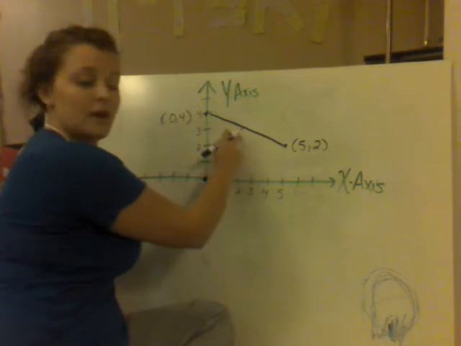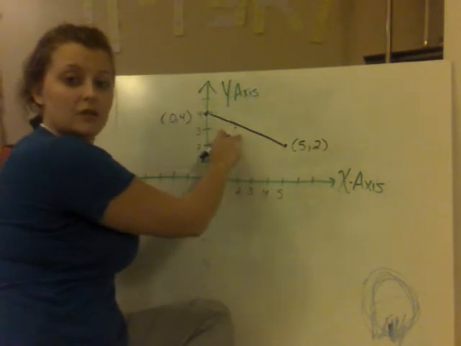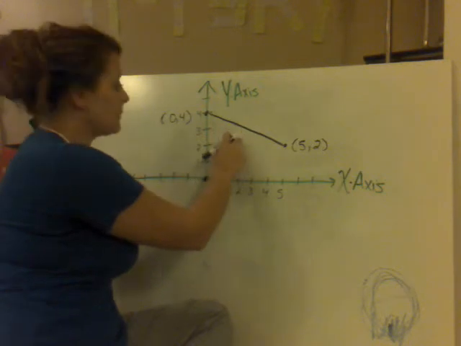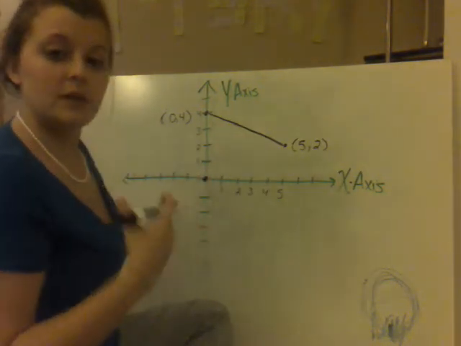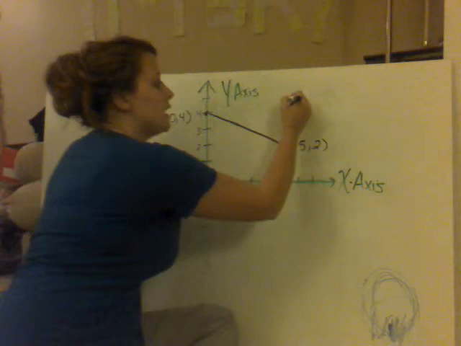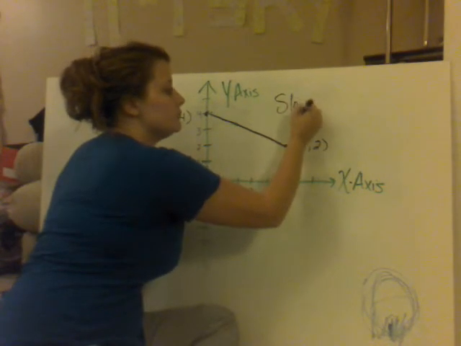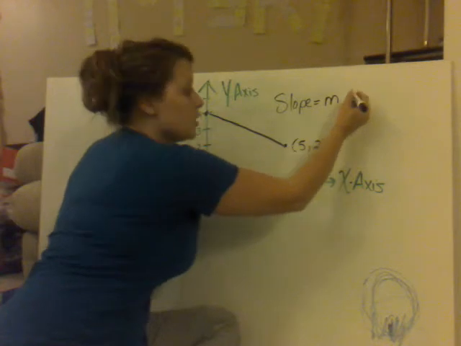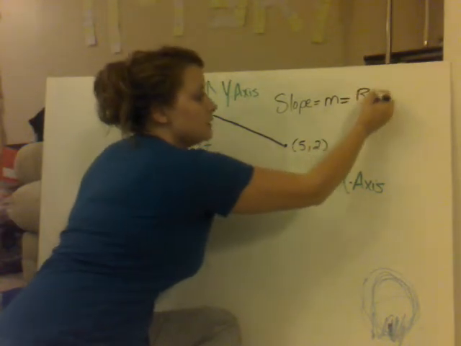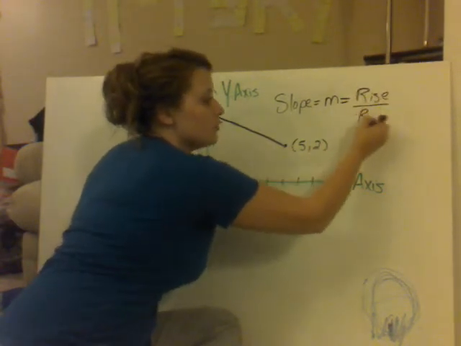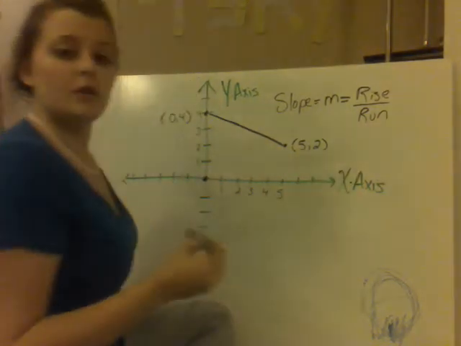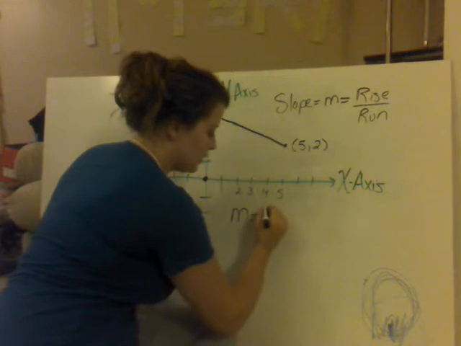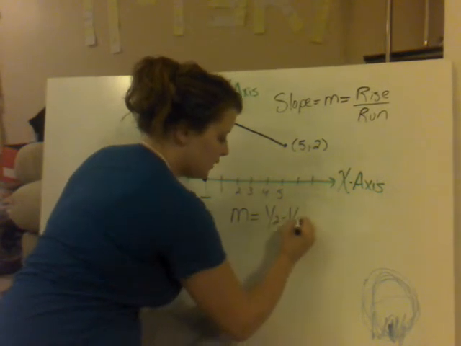Now, to find out how long this line needs to be, I could use the distance formula, or I could use slope. Now we're going to do slope right now, just because we need to review it, but slope again is the same as m, right? Which is the same as rise over run. And our formula for slope, I'm going to write it down here, is m equals y2 minus y1